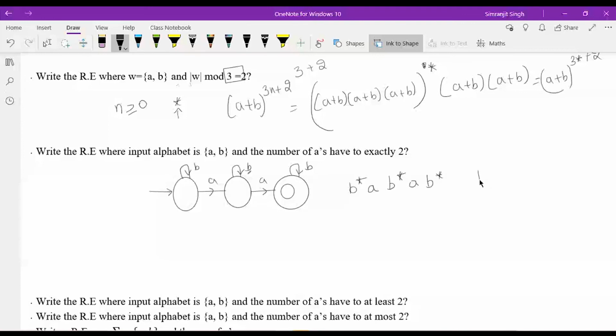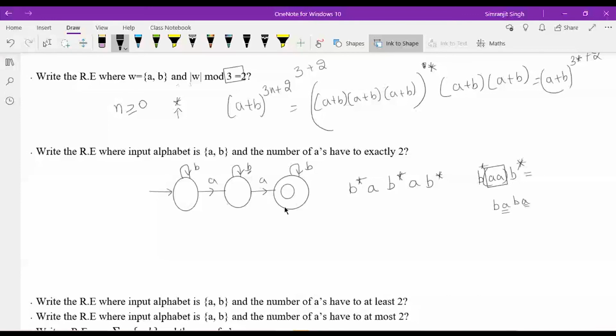If you're writing the expression like this, B star followed by 2 A's, followed by... now we are just making it permanent that the A should always be followed by an A. The question says it has to be exactly 2 A's. I do not need to worry about the order of the A's. From this regular expression, this string is not possible, because it should be in the language, it only contains 2 A's. If you again need to confirm that you are drawing it correctly, if you just draw the automata again, that will become clearer to you.